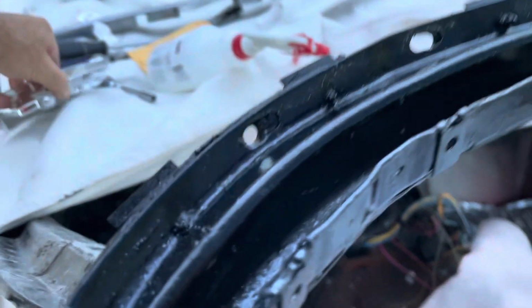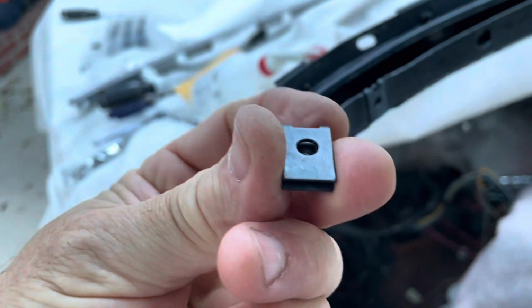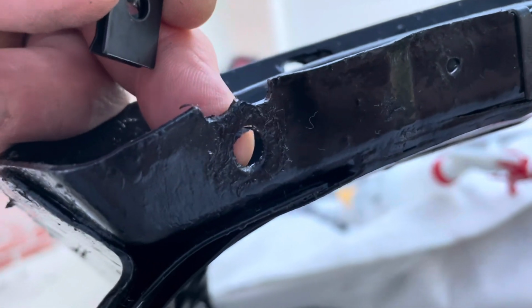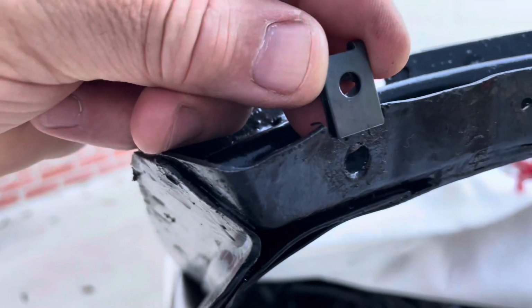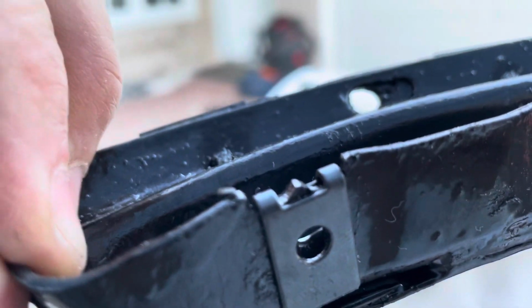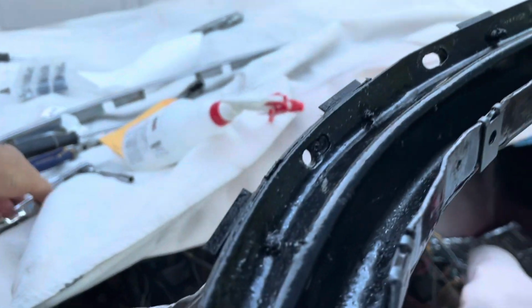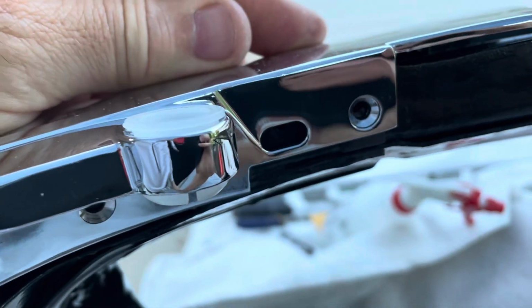I know this looks a little hacked, but these are the best clip speed nuts I could find, and they needed to go down lower, so I chopped a little off the top. And actually I kind of like it because it just holds it, and you know, this is all buried underneath, so those will go in the back here. Put our screws through there, and then on the front side